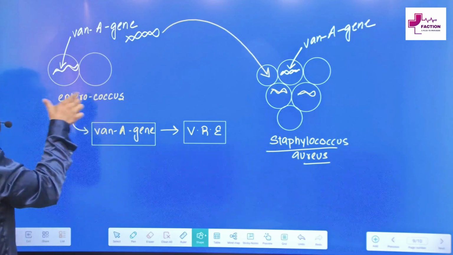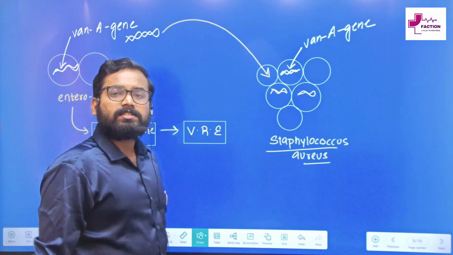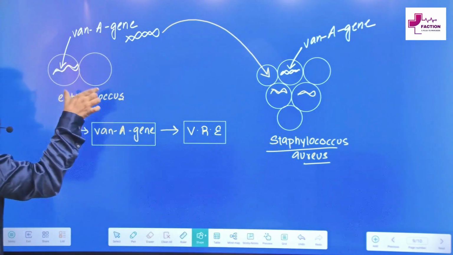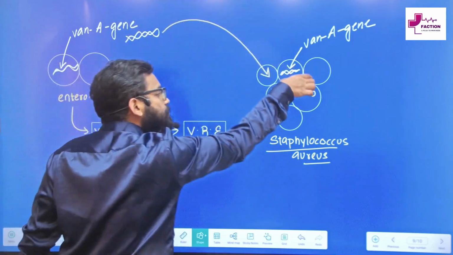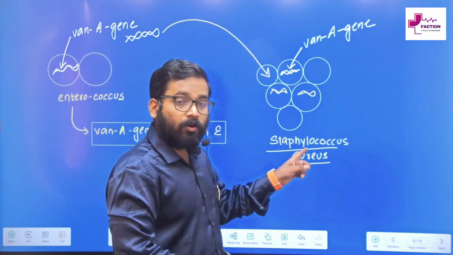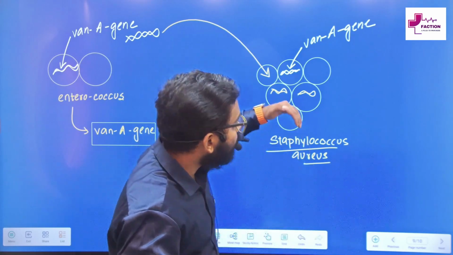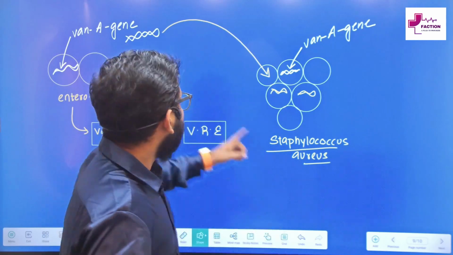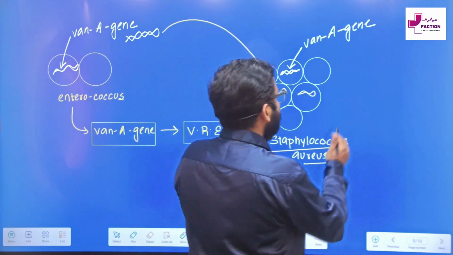in enterococcus, we saw vancomycin resistant enterococcus. When there was a Van A gene, the enterococcus became vancomycin resistant. Now if the same gene is present in Staphylococcus, we will find that this Staphylococcus also becomes resistant to vancomycin. We will call it vancomycin resistant Staphylococcus. Is that part clear? This gene can be transferred from here to here, as a result of which